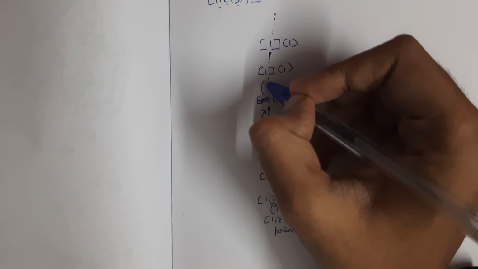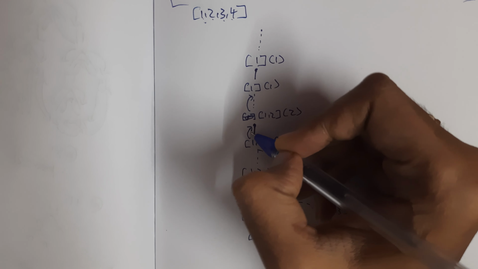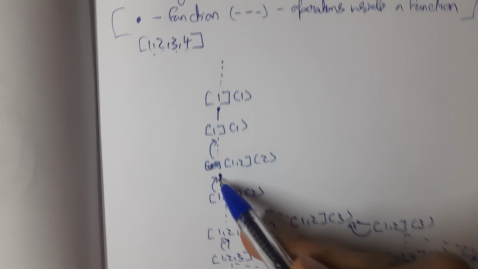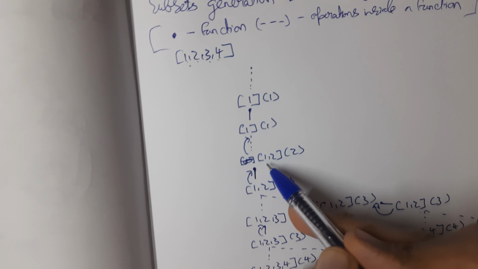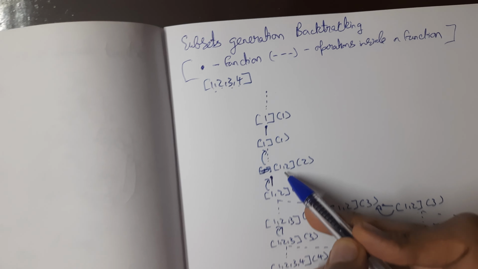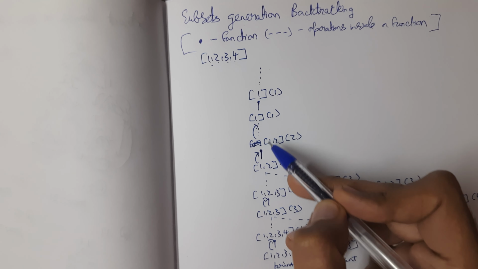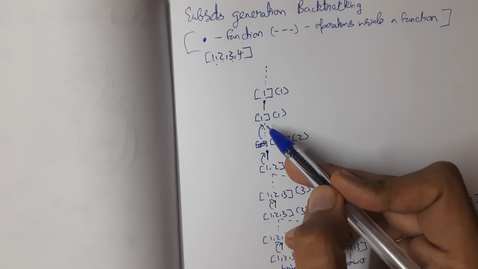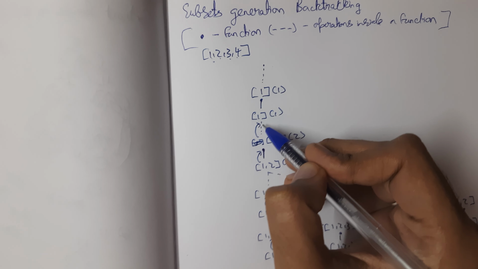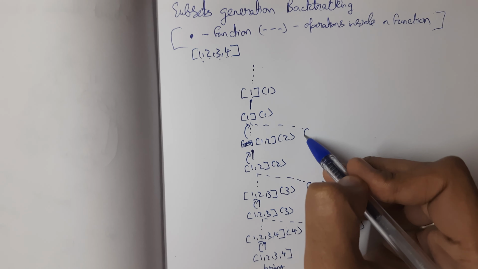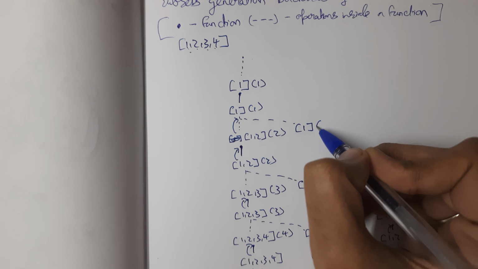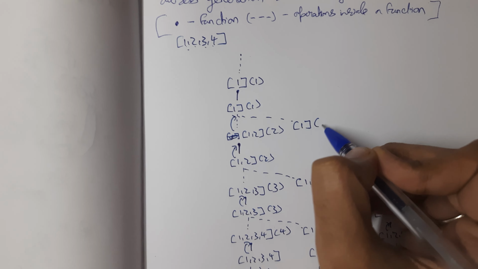And when we are going back here, we are now at this point where the state of the subset is 1, 2. Now 2 is popped off and we revert back to this state, which is 1. So after the state of the subset is 1, we now go to the next function with the point as 1, 2. So at 1, 2, what's going to happen is we have a new parameter,